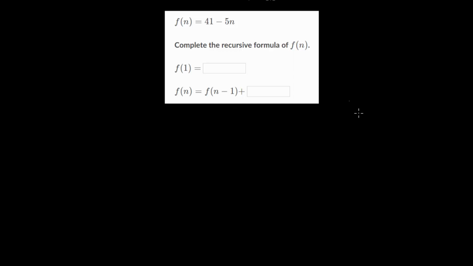So let's look at one more problem where it's a bit challenging in converting from an explicit formula to a recursive formula. And I say it's challenging because notice we were not given our explicit formula in its general form. Since the general form is always the first term, and then we add that common difference n minus 1 times. But we can't compare it to this, so we don't necessarily know what the first term is. Now, the common difference is going to be this minus 5, but the first term is not directly obvious to